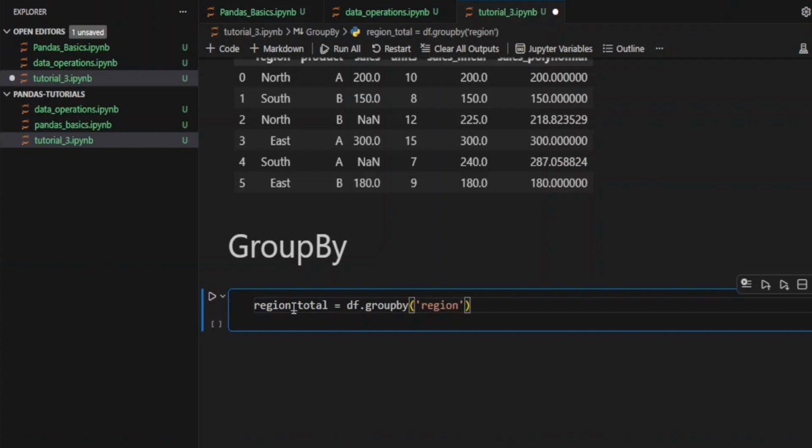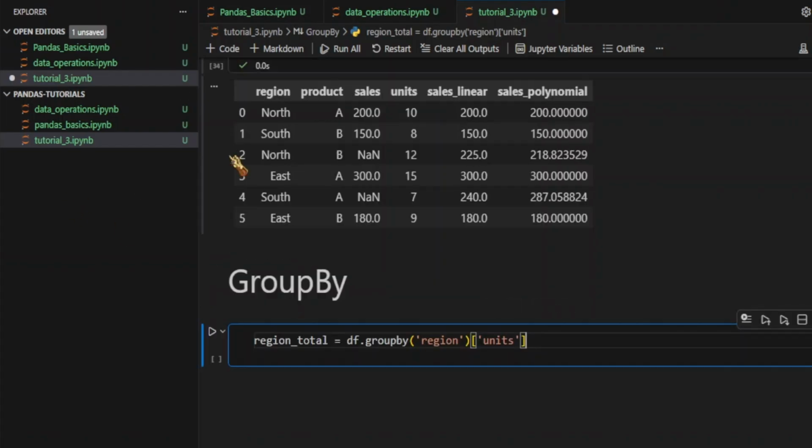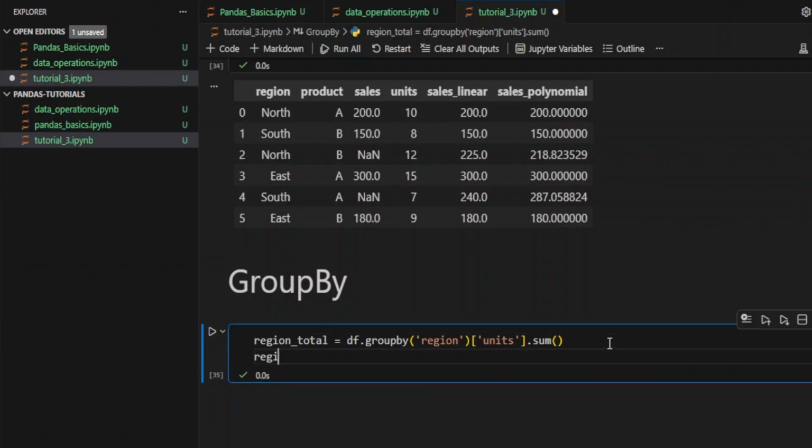Okay, and you want the unit column also, units, and you want the sum of the units because you want to know which region sold how many total units, so you want the sum of these. So here you need to pass dot sum, and when you run this and print region underscore total,